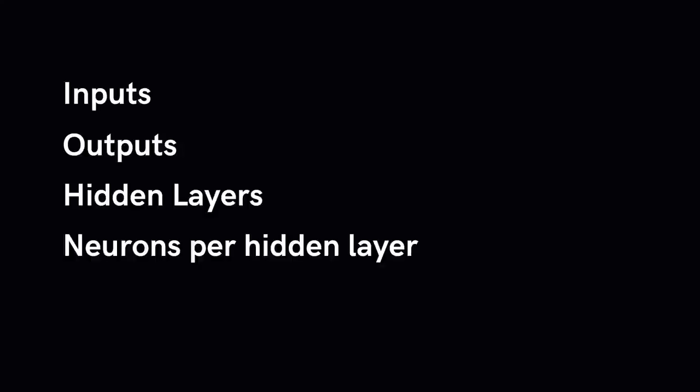Using everything we've learned so far, we can create a wide variety of fully connected feed-forward neural networks. We can create networks with various inputs, various outputs, various hidden layers, neurons per hidden layer, and a variety of activation functions. These numerous combinations allow us to create a variety of powerful deep neural networks that can solve a wide array of problems. The more neurons we add to each hidden layer, the wider the network becomes. In addition, the more hidden layers we add, the deeper the network becomes.